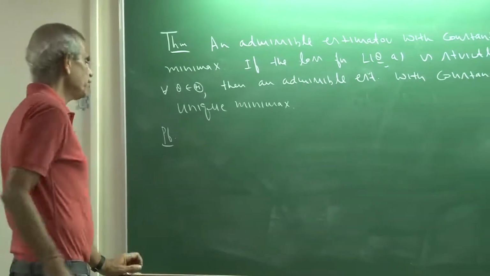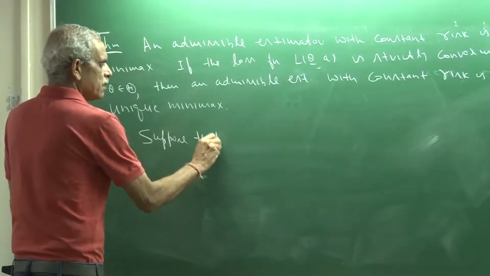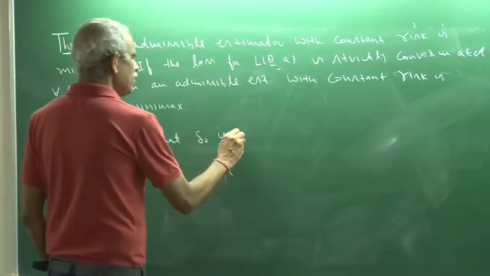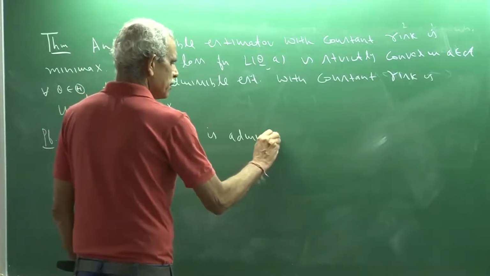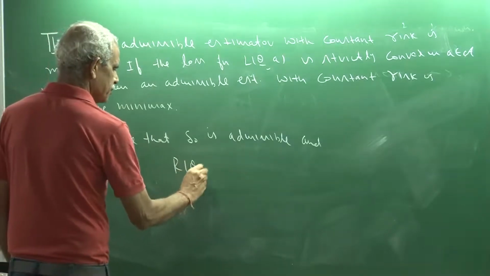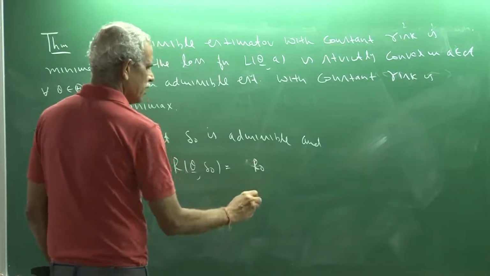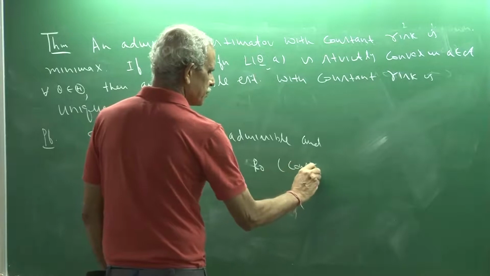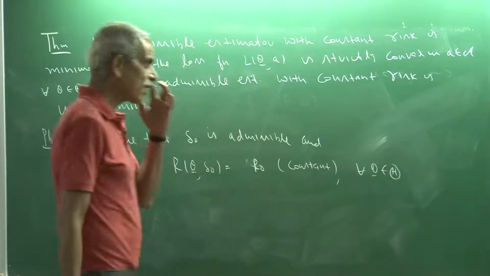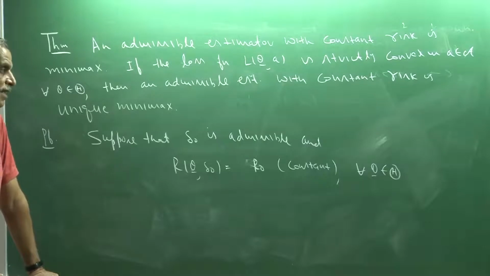So let us try to prove that. So suppose that delta naught is admissible and R theta delta naught is, let us say, C or R naught, a constant for every theta belonging to theta. What I have to show? I have to show that it is minimax. So that means if I look at,